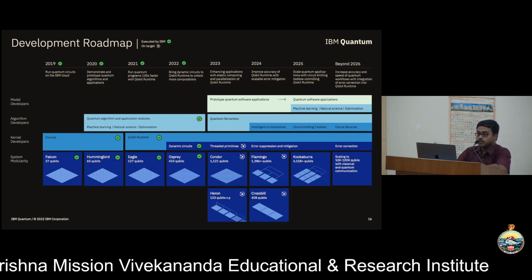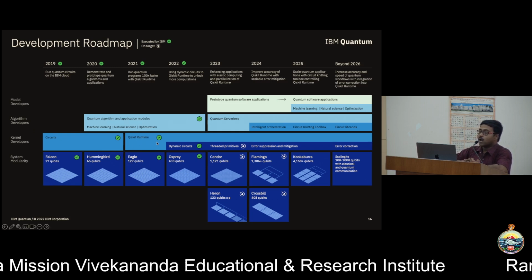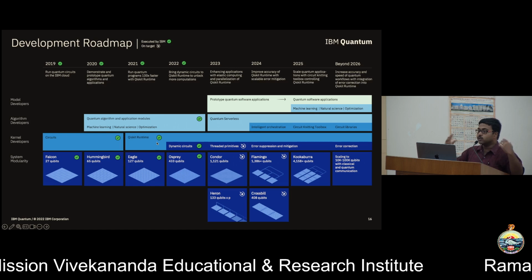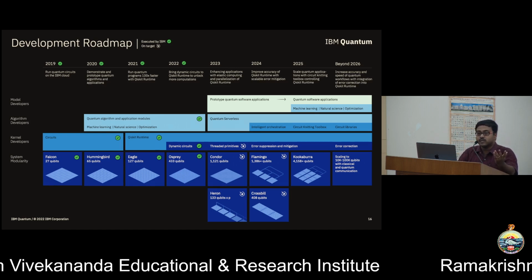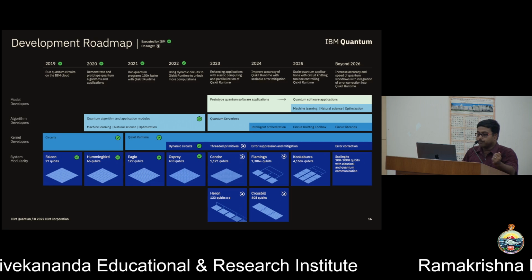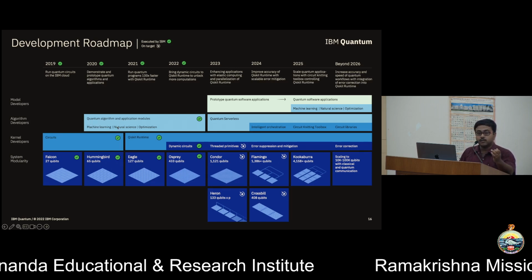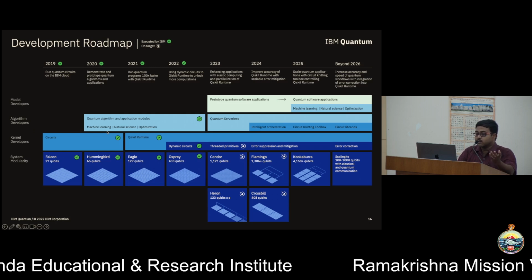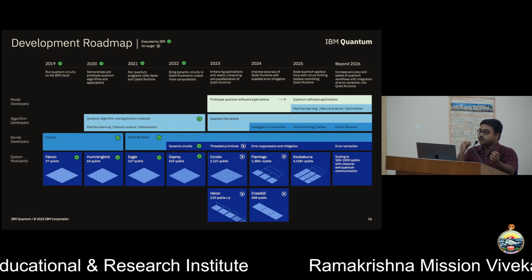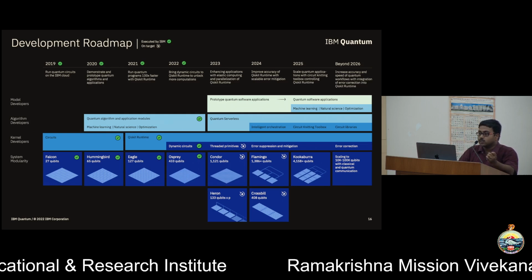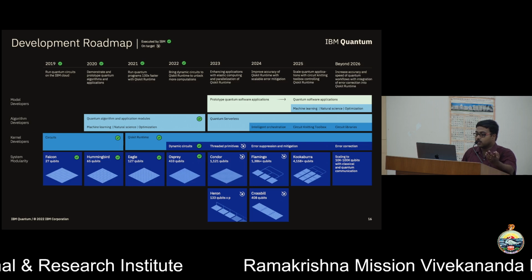Like we do in machine learning, this is an encoding problem. How do you make the system run faster? How do you remove the noise in the system? How do you mitigate the effect of noise? These are physics, mathematics, even CS type problems. What are the good algorithms? What are the things in machine learning, healthcare, chemistry, and combinatorial optimization that are actually useful and can benefit from quantum computers? These are again application problems that everyone can come and work on.